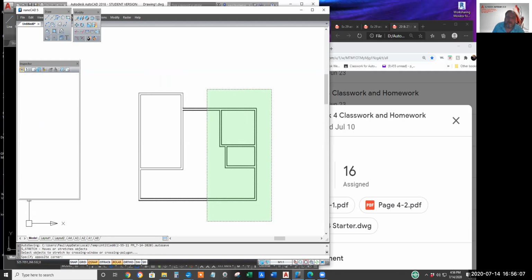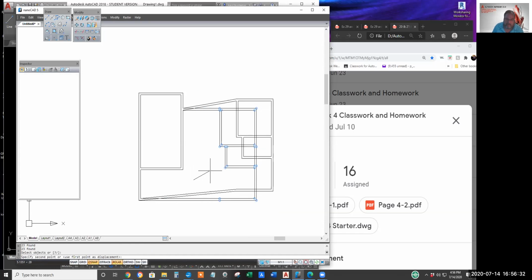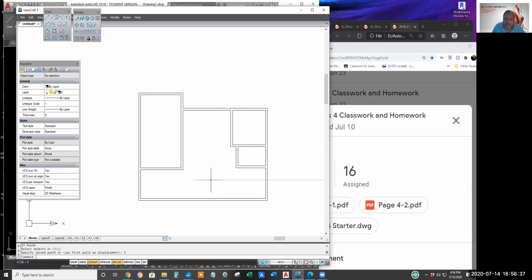Draw the same crossing window so that the rooms are totally enclosed and the lines or the walls that you want to turn to rubber are crossed. Hit enter to finish defining your selection set. Pick a point anywhere, and with polar tracking, you can stretch it right or left 3 units.